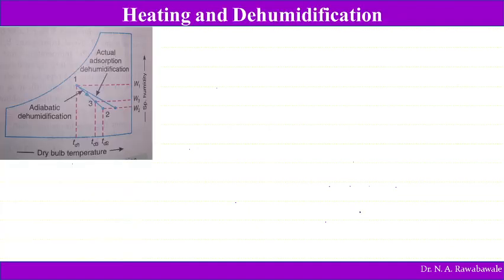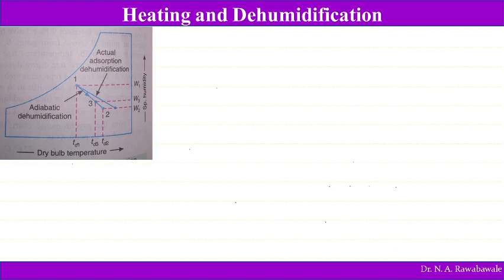So this process of heating and dehumidification: here the specific humidity is going to decrease, whereas heating means dry bulb temperature is going to increase. This process is mainly used in industrial air conditioning and can also be used for some comfort air conditioning installations. Now in this case, relative humidity may be low or it may be high, or low dew point temperature